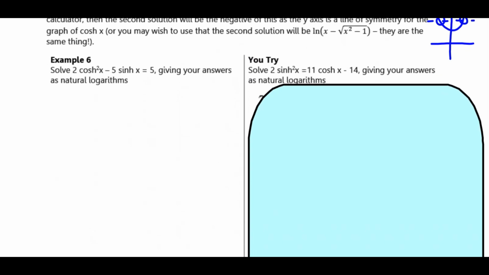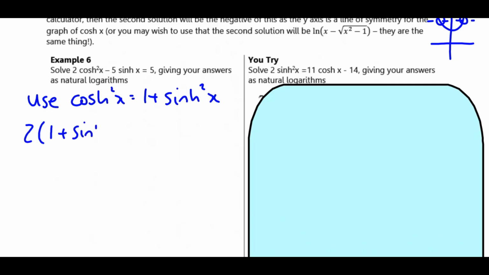For this first one, it looks like a disguised quadratic, except we need to change cosh squared into sinh squared. So from the formula, which is on the formula sheet, you know that cosh squared x is 1 plus sinh squared x. Opposite sign to usual. Usually it's 1 minus sin squared x, but it's changed because of Osborn's rule. Substitute that in, and now we've got a disguised quadratic in terms of